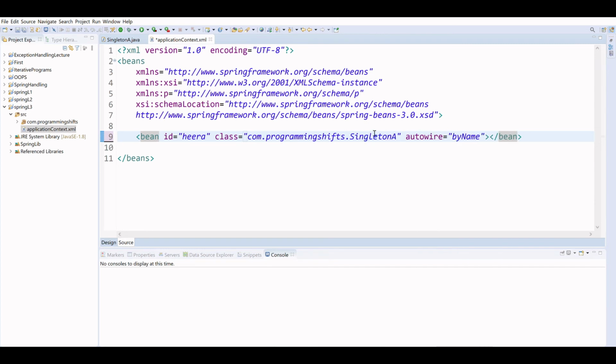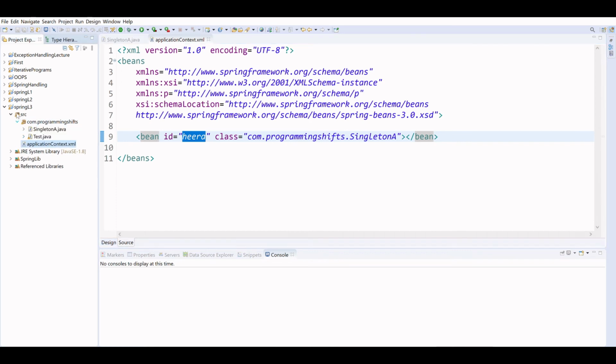Like this. In the last example of AutoWire I have given the example, so the code is here. I just copy the project. Okay, fine. So now we have the application context. I have given the singleton class bean id in the beans tag. This is the parent beans, and inside that you have to create a bean and id. The id that you give, you have to remember at the time when we call it in the main